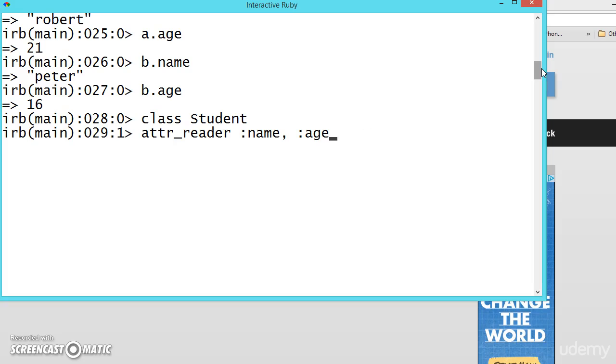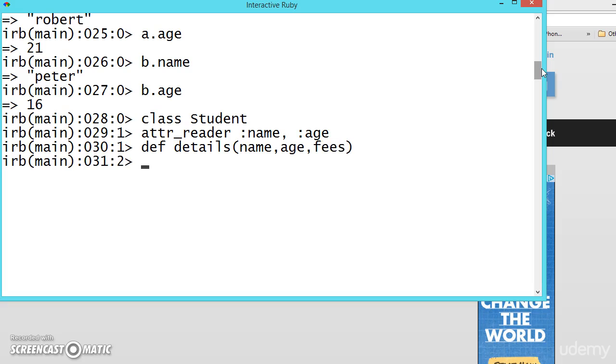Fees cannot be accessed. And now let us create a method details with name comma age comma fees, and create the instance.